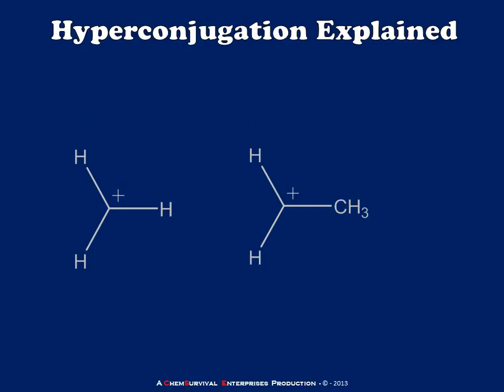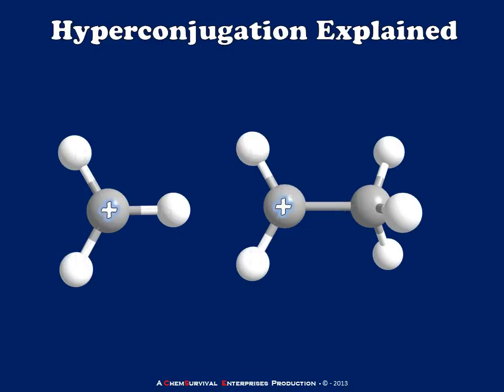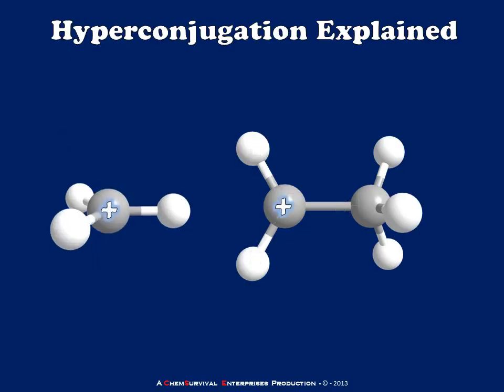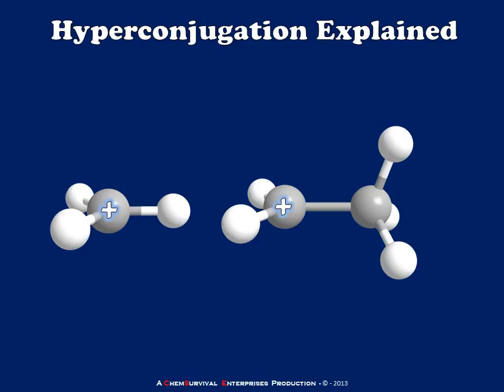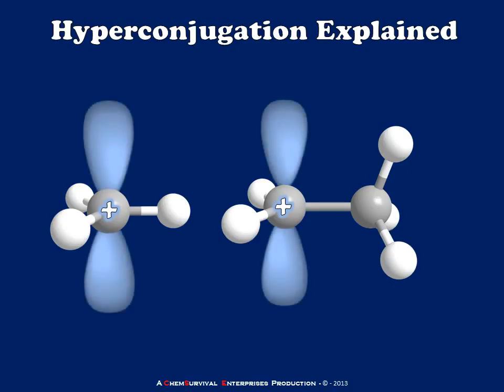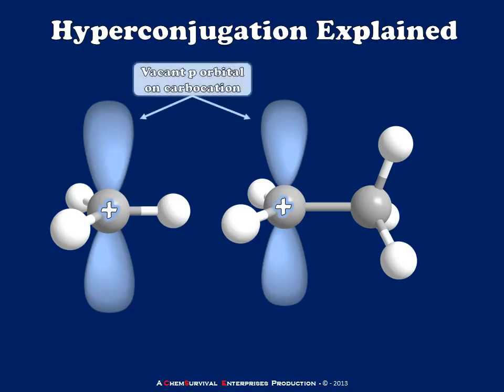So I'm going to turn them into three-dimensional representations, and then I'm going to turn these representations on their side. And when I do this, I can place the unoccupied p orbital of each carbocation center vertically in the plane of our page. Now, what's different between the ethyl and the methyl cations is that the ethyl cation has